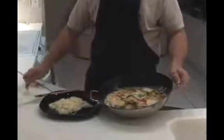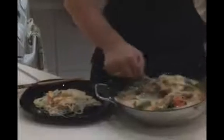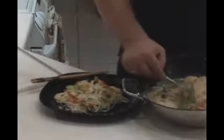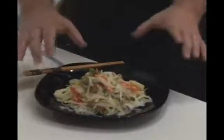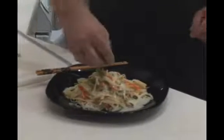And here we go. Take an amount that you're comfortable with. And we're going to top off our noodles. Now, this is all about presentation and what looks nice and what tastes good on the tongue. So, along with the noodles and our curry, we're going to add a little bit of green onion